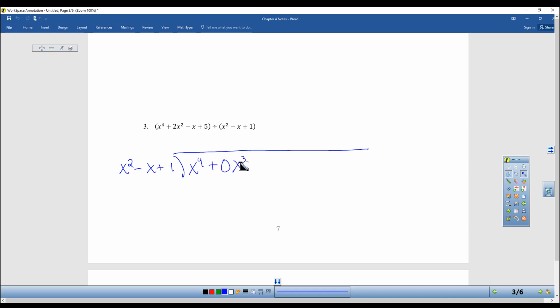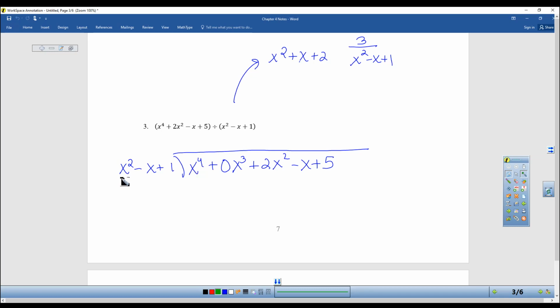If you're coming back to the video now to see if you got it right, if you didn't, then you probably forgot the 0x cubed. Plus 2x squared minus x plus 5. By the way, if you want me to jump straight to the answer, x squared plus x plus 2, 3 over x squared minus x plus 1. So if you got that right, great job. Okay,